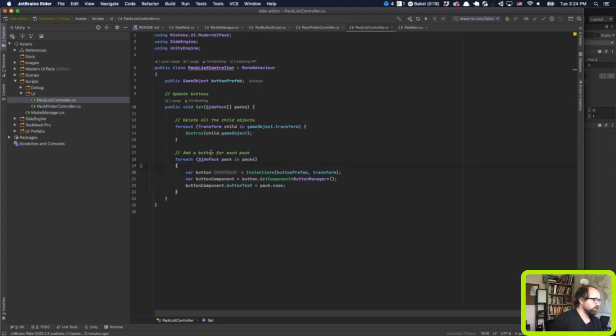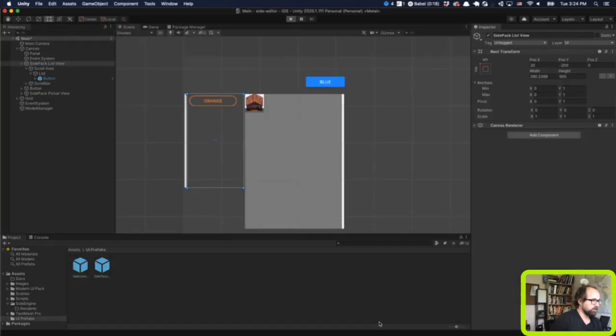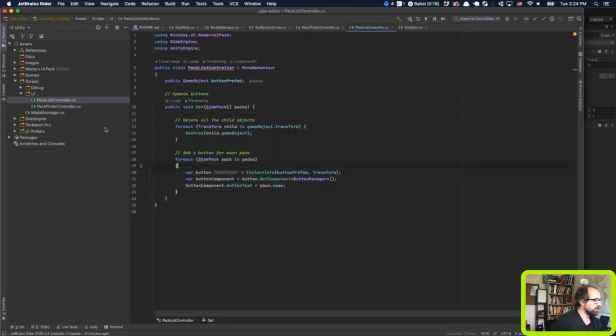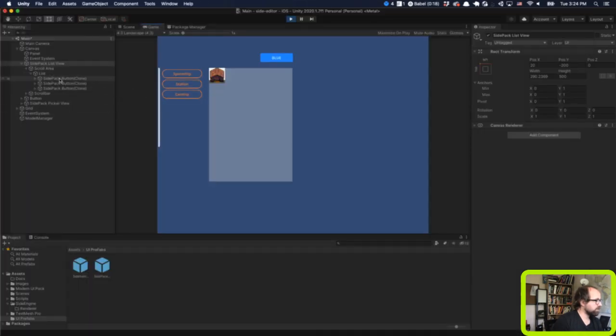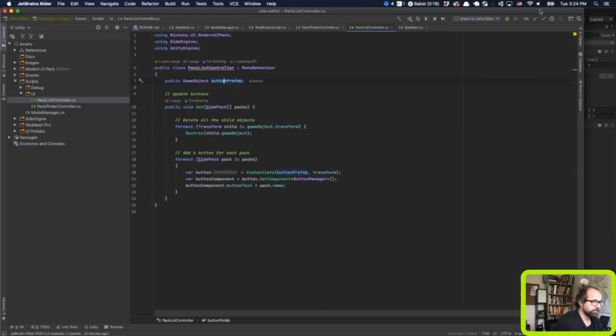So here's what we're going to do. Right now, when you run this thing, this is what you see. It's grabbing the prefab, that button prefab, that's the side pack button that was in there already. If I change that one, it would change the look of the other ones. It's creating each of these based on the side packs. What I want to do is just put one more down here with a plus button. So let's do that. And maybe some other time I'd even make that specific button look different. So add